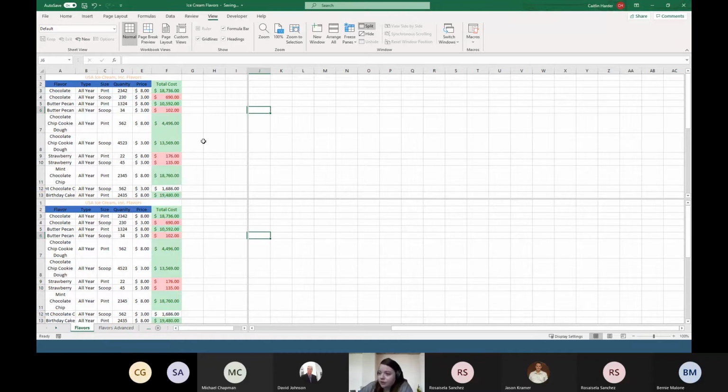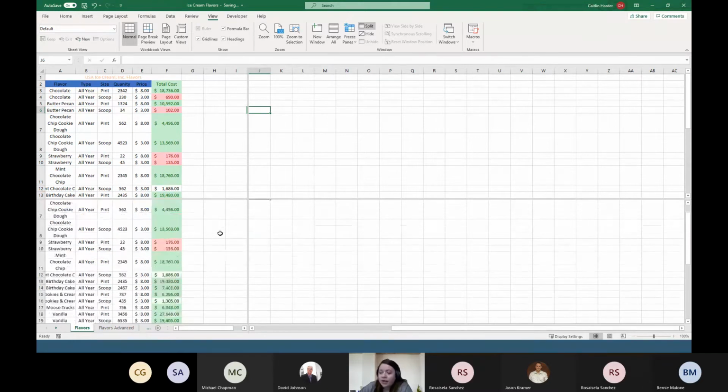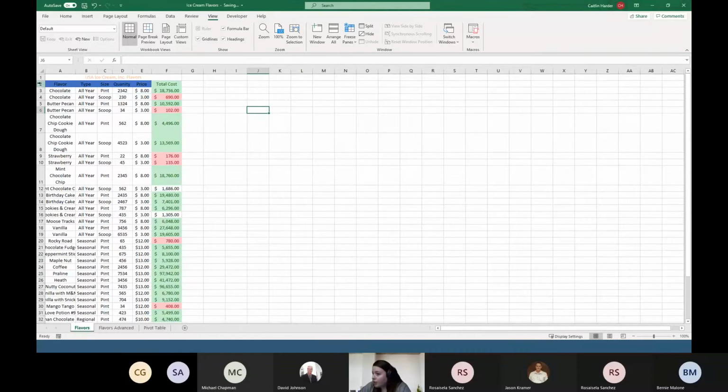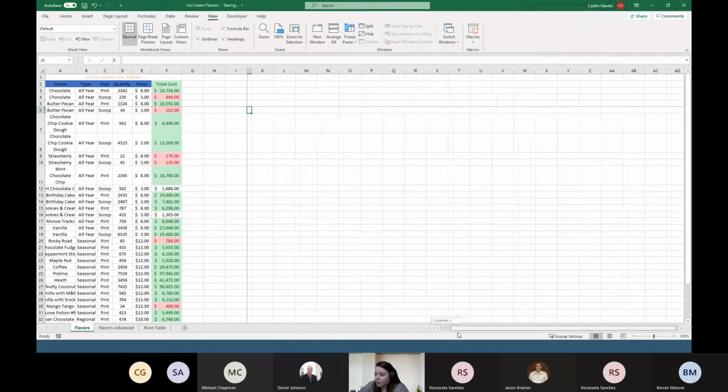You can put a quarter here, a quarter there, and then of course it will drag up and down for you, so you can split your screens. You can also freeze your pane. So up here, by freezing your pane, I can freeze either just the top row or the first column. When I do any type of freeze, it can freeze, and then when I scroll,